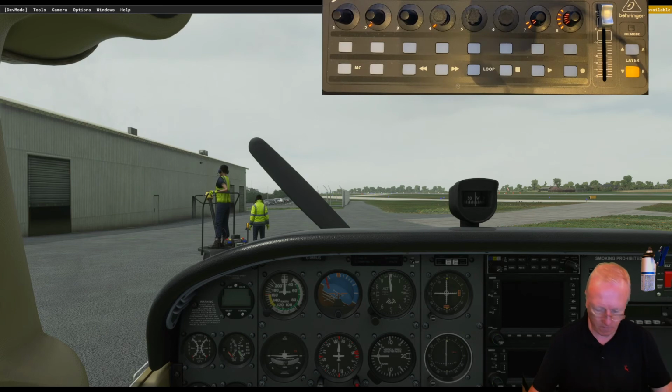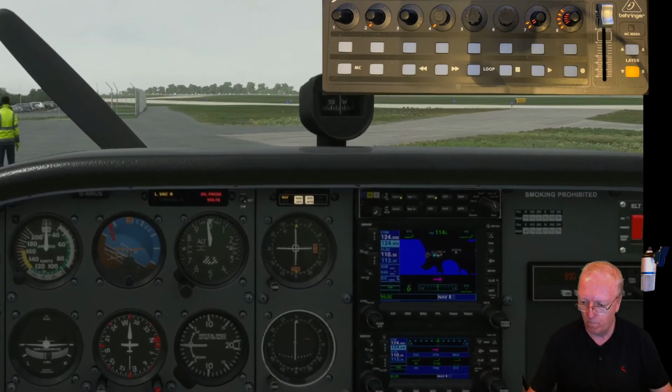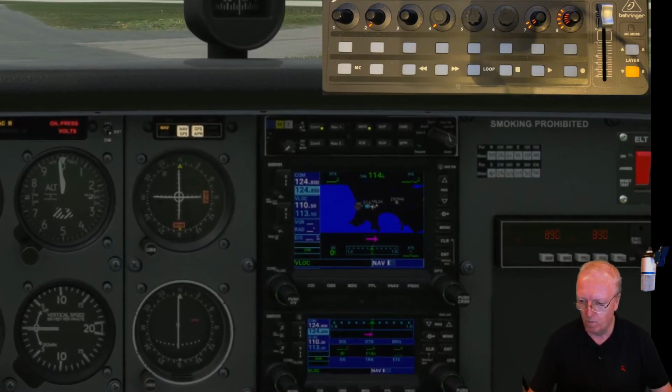Avionics. That'll do. And can I zoom this in slightly. Okay, so these are my